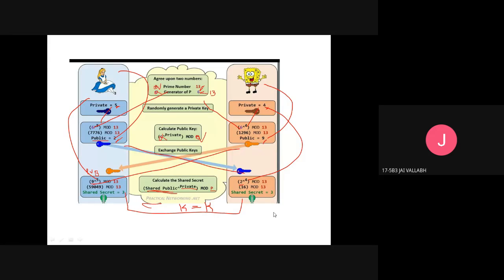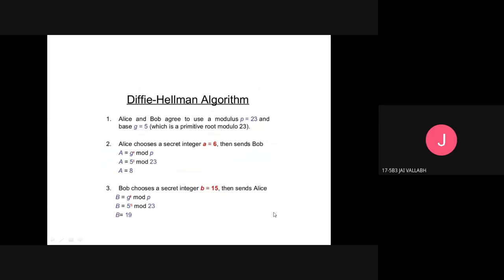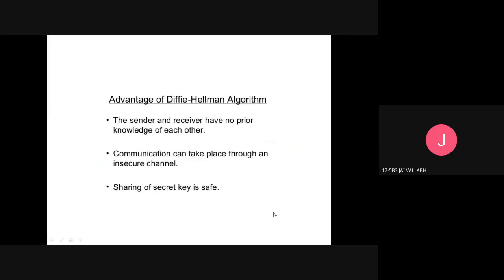So in the end, we can say that the Diffie-Hellman algorithm provides security. That is, the key will be secure even if used over an insecure channel, and the sender and receiver will not have any prior knowledge of the key being generated. And communication can also be made through insecure